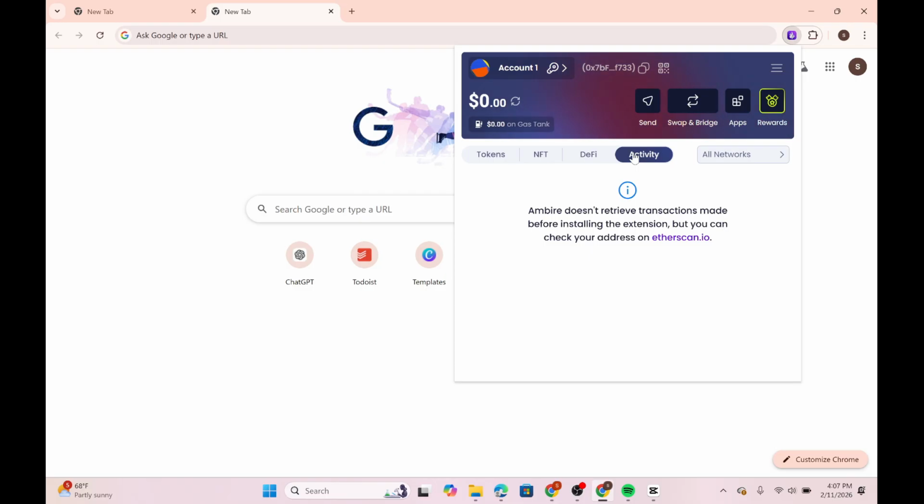By checking both your wallet activity and connected staking platform, you can monitor pending and earned rewards and claim them